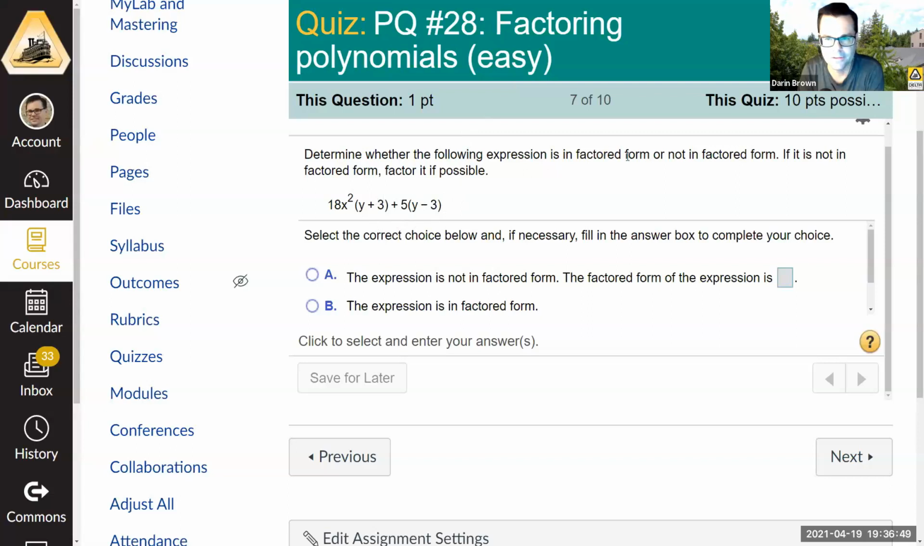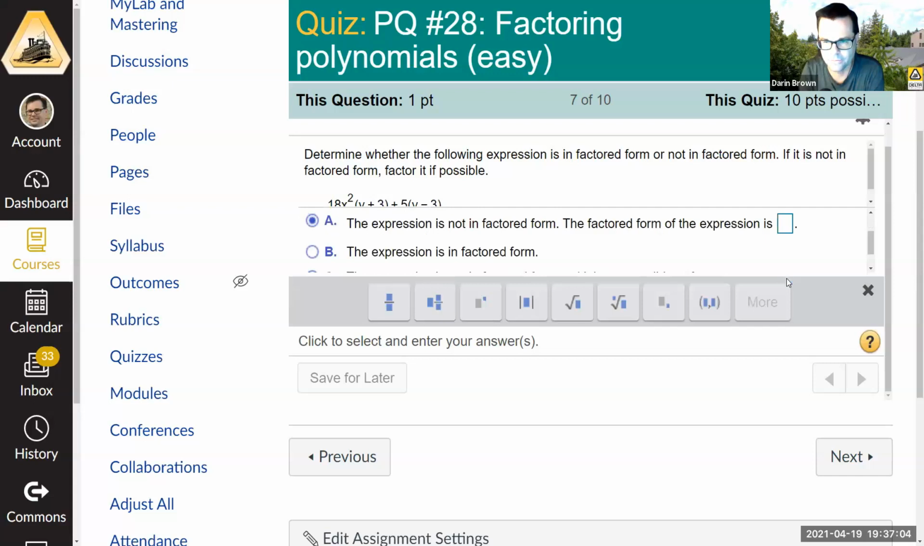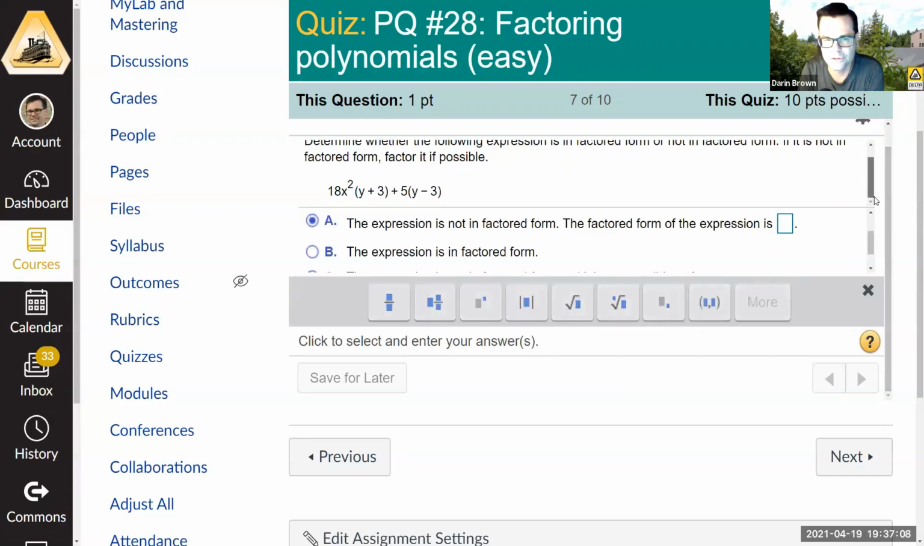Now let's see here. Oh, okay, so this is just saying, is it in factored form? This is not factored form. This is not factored form. This is not really a factoring problem. It's just saying, is this the right form, with factored form. Okay, so I think they want us to